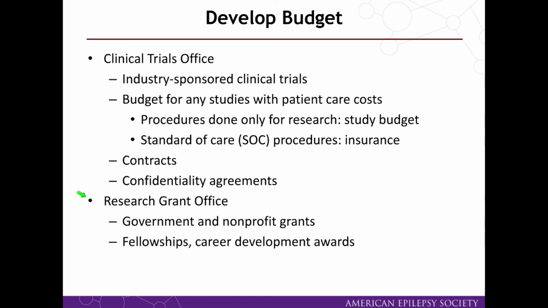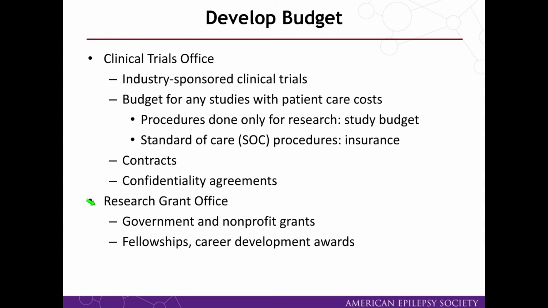So the first step in developing your budget is to work with your institutional offices. Generally, there'll be a clinical trials office that helps to develop the budget for any studies with patient care costs, predominantly industry-sponsored clinical trials. They'll also help with contracting and collection of confidentiality agreements. And then your research grant office helps with developing budgets for governmental and nonprofit grants, as well as many fellowships